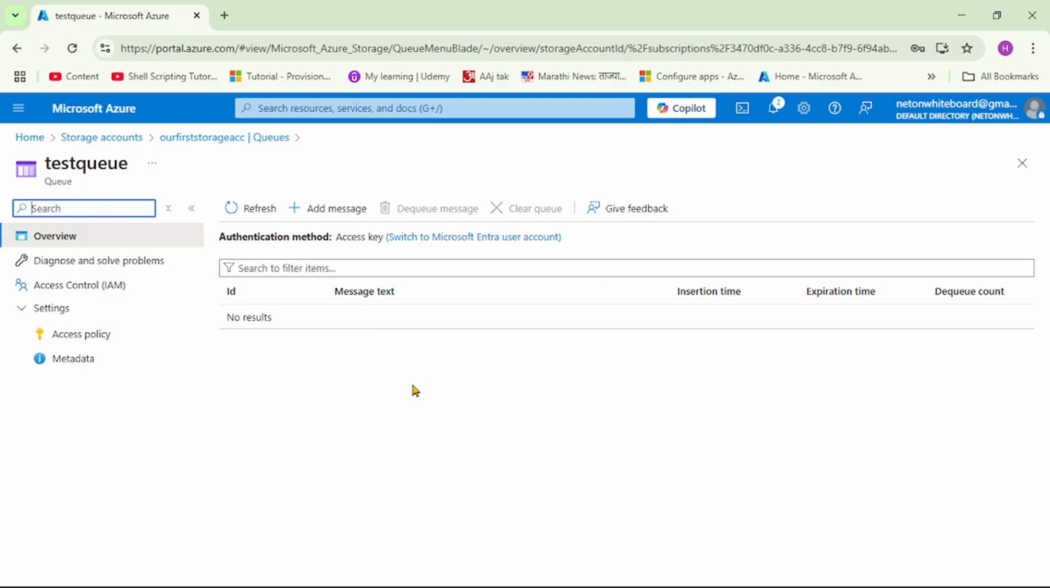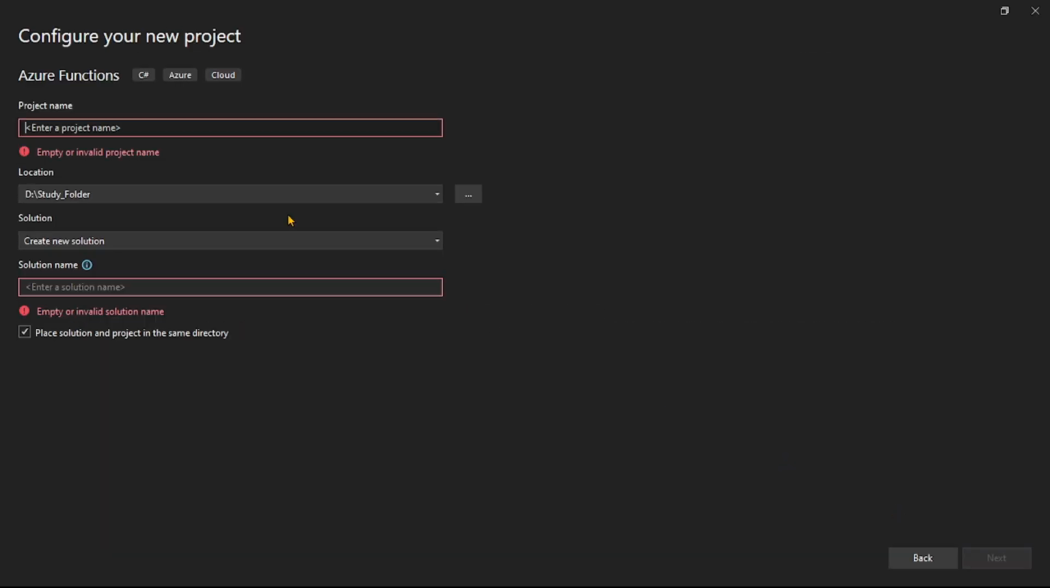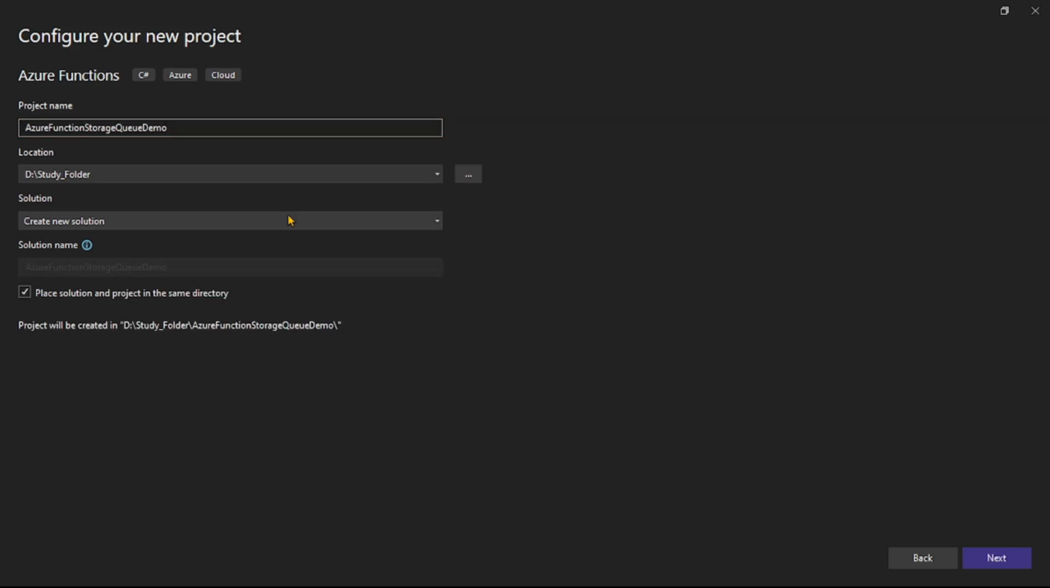Now let's go to the Visual Studio and let's create our Azure function. So guys, we are in Visual Studio and we are creating a new project. So let's select this Azure functions. Next, let's give name to our project. So I will say Azure function storage queue demo. Next,